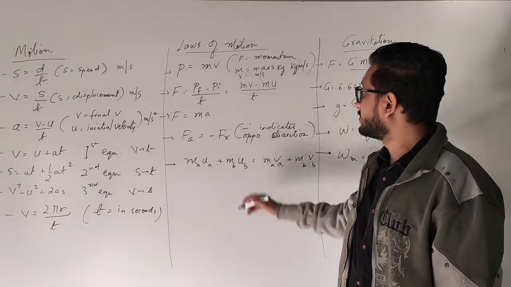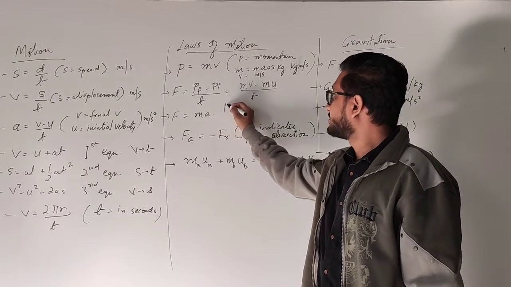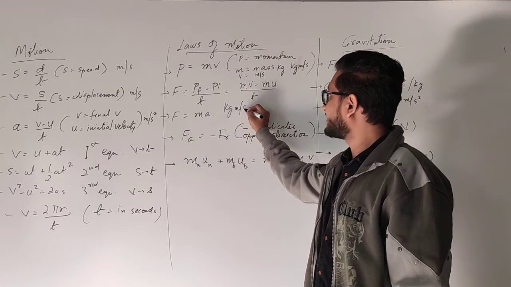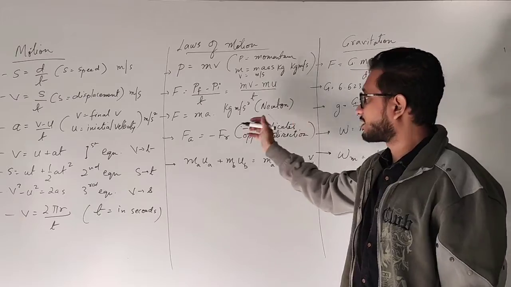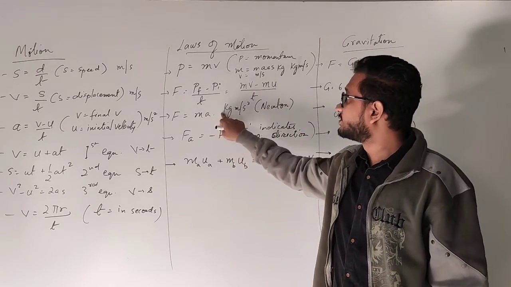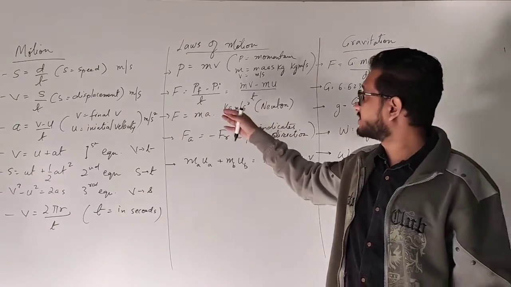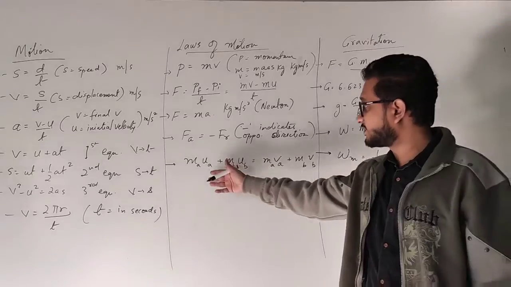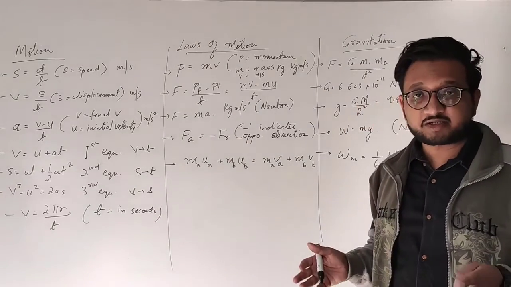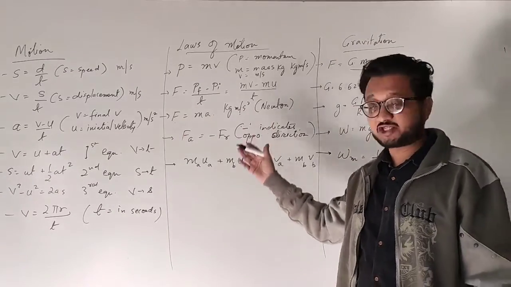Force is kilogram meters per second square. This is given as kilogram meters per second square, or in short, Newton. We are writing it. But SI unit, this is mass, this is kilogram. Acceleration is meter per second square. Simply multiplication of the two, that is kilogram meters per second square. This is once again an equation. So no particular unit. If you are finding the value of one particular physical quantity, then you have the unit.